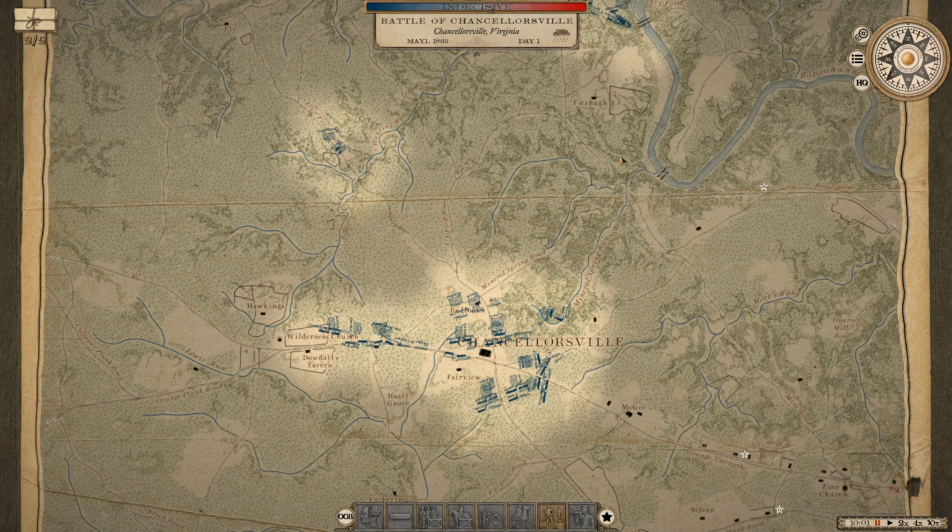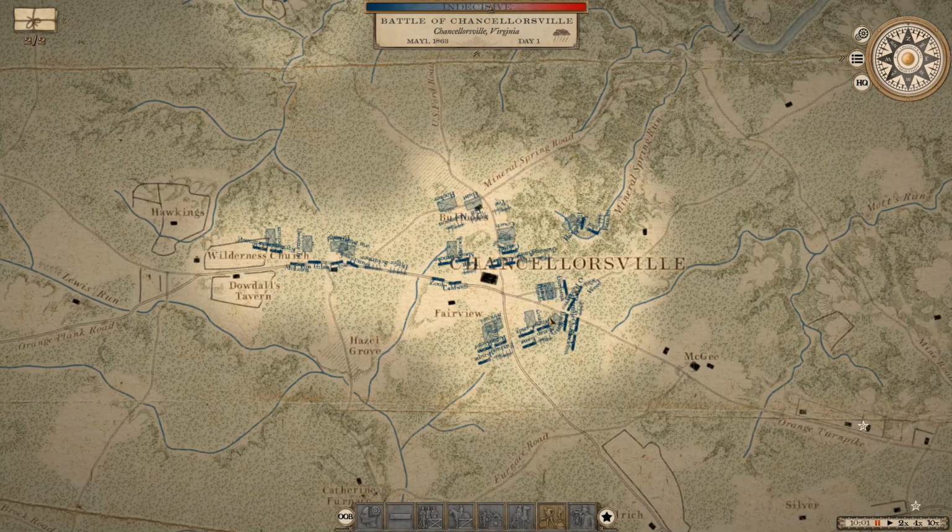And today what we're going to do is look at the tactical battle map, and we're going to talk about everything you need to know about how to manage your army in the field during a battle. In this particular case, we are on the historic Battle of Chancellorsville. I'm controlling the Union Army, and the very first thing you want to look at here is the Order of Battle button,